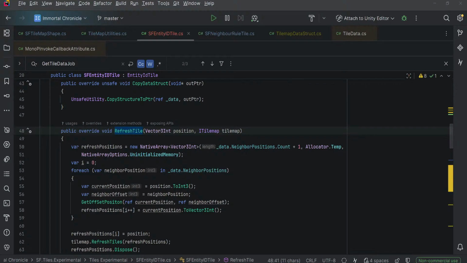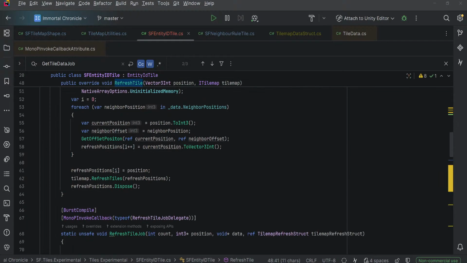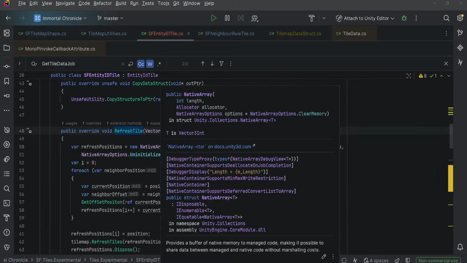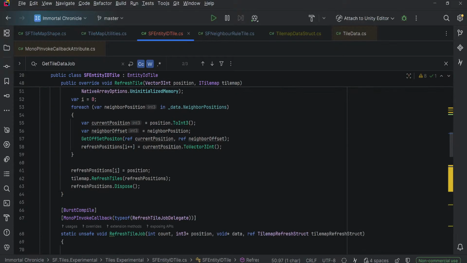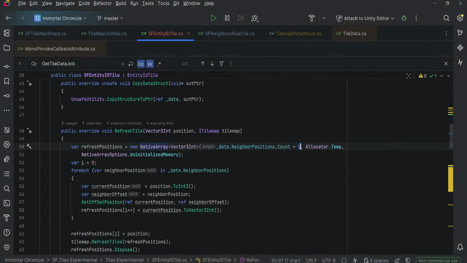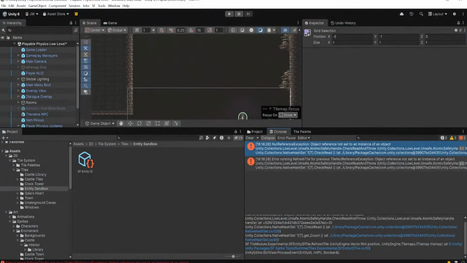Yeah, I'm gonna try this. Okay, public override void. Make sure I got the refresh positions. Native array, yes. Okay, yeah, that is +1 allocation, initialize memory for each. Okay, it's line 50 that it's running into. So I'm assuming that the neighbor positions is actually not even reaching point. So I'm assuming the hash set is actually